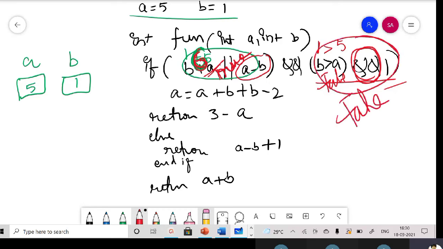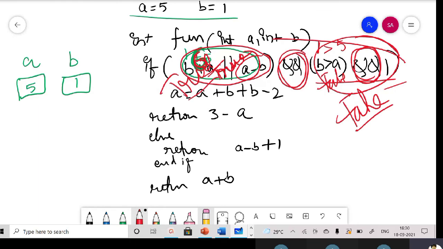And what we got here is true. What is the operator between these two? Again logical AND. So one true and one false will make the total condition false. So this total condition has become false now.